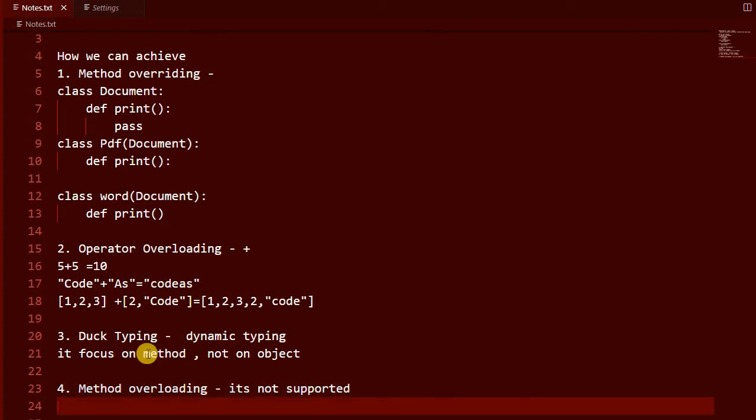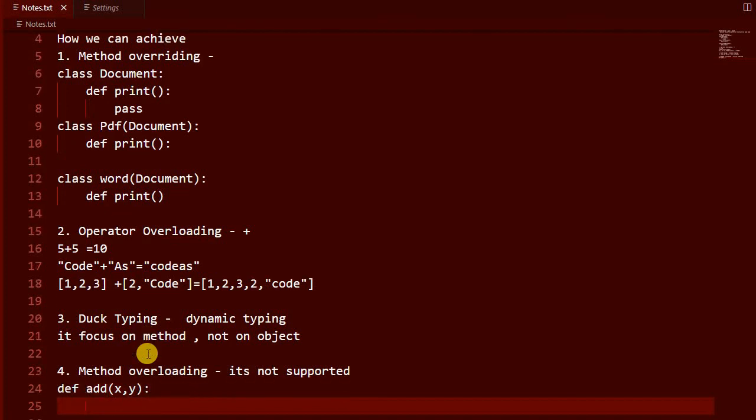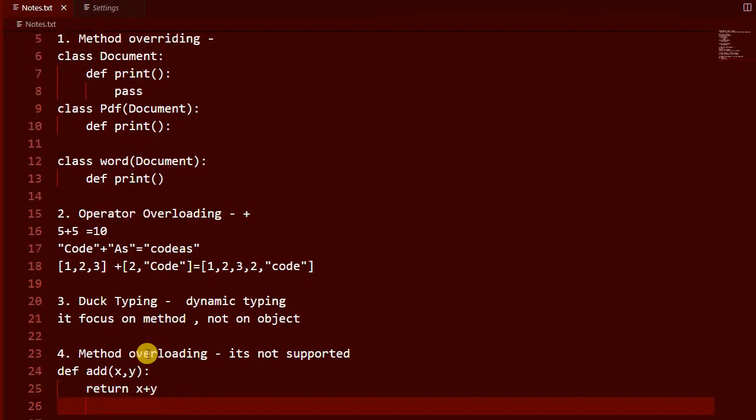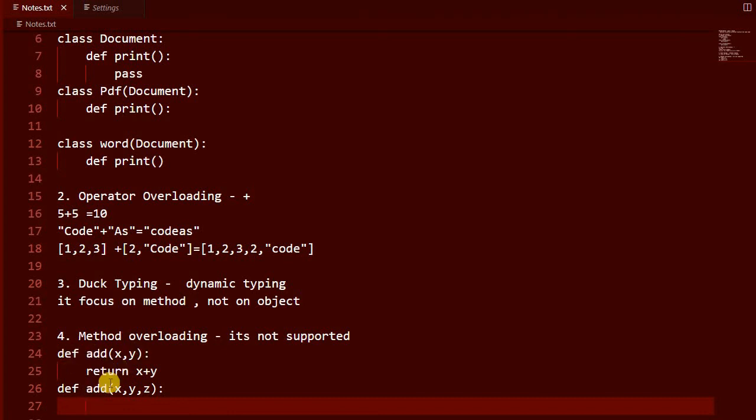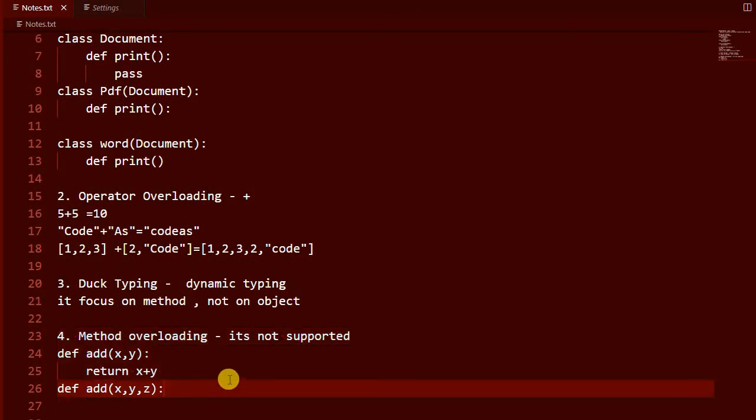If you write def add two numbers, x comma y, return x plus y, and then write def again with the same name, this is known as method overloading, which is widely used in C++, Java or C#, but Python doesn't support it. If you write something like this, it will override the existing one, so the last one will be taken. So method overloading is not supported in Python.